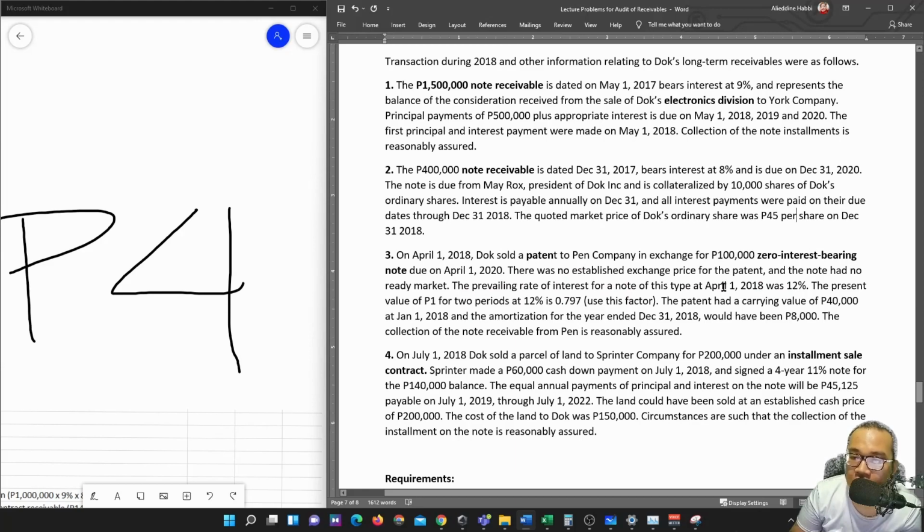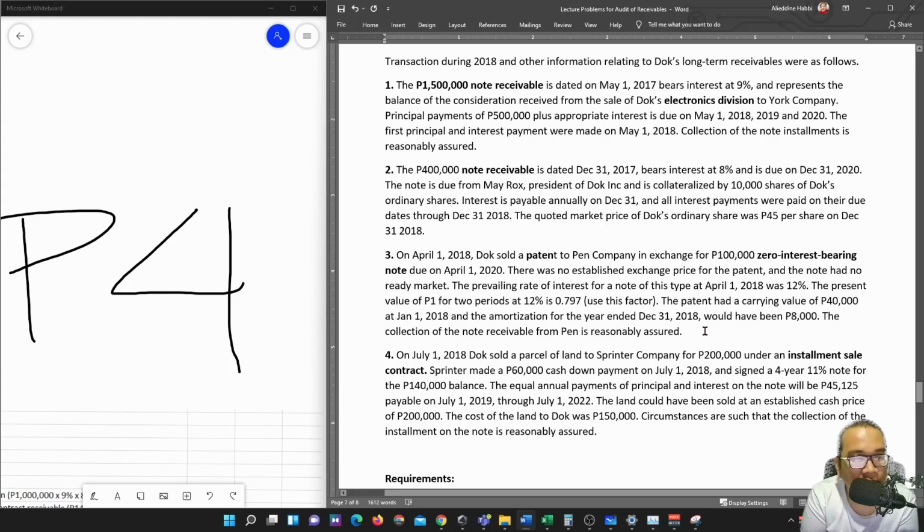There was no established exchange price for the patent and the note had no ready market. So the prevailing rate of interest for a note of this type as of April 1, 2018 was 12%. So the present value of 1 for 2 periods at 12% is